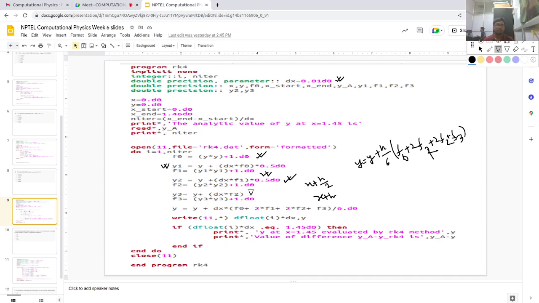Okay, so that will give you the f3 in this case, and then I am going to update the y in this way, as per this equation. Okay, and then I am going to write those values in the file, and as before I am using this if statement to find out the value of y at the particular value of x as per the question, and then find out the difference. So if we look for this,